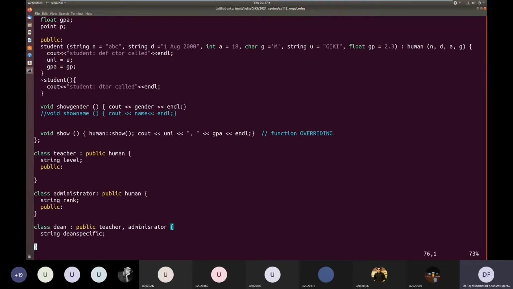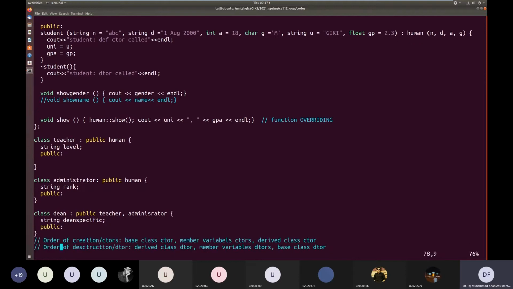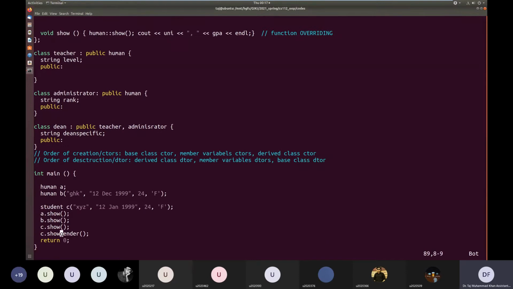So dean specific data will go here, and then we can basically create an object of type Dean. So Dean will basically inherit the qualities of both teacher and administrator. So let's put some public stuff that we can, let's say,